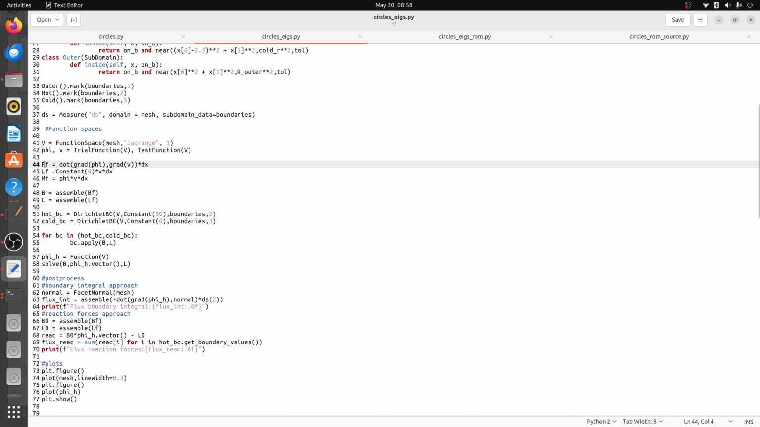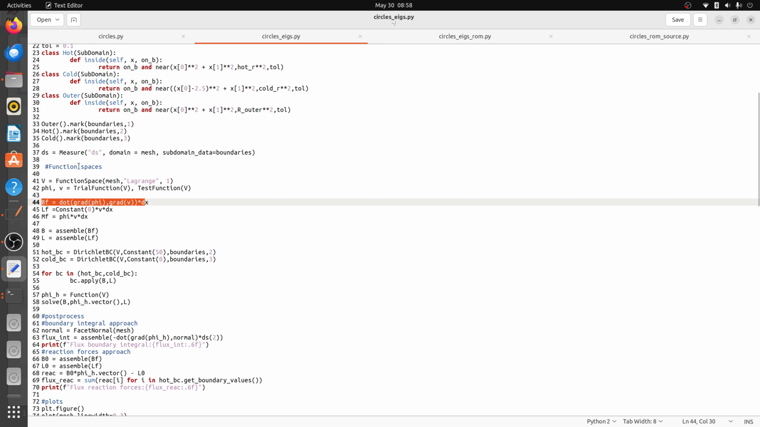Okay. So this is the stiffness matrix which we built for our Laplace solution, right? Dot of these two terms. And what are phi and what are v? These are just the trial and test functions. So dot of the gradient of trial function and the gradient of test function, that's just your stiffness matrix for your Laplace problem. And this is the mass matrix, which is just trial function into test function, and you are